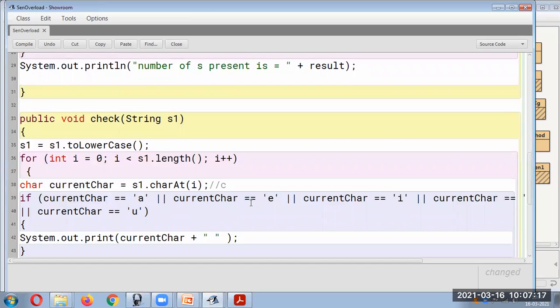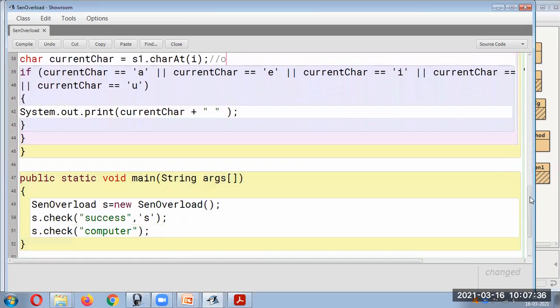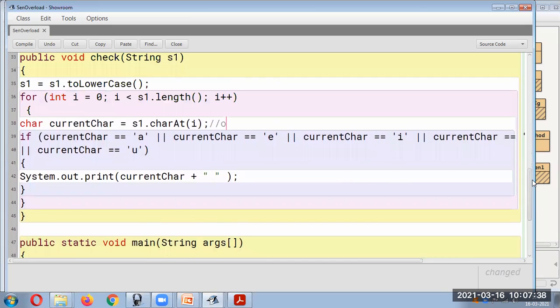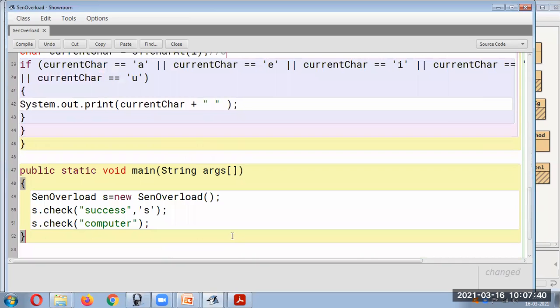We have simply written an or condition to check whether it is a, e, i, o, u. If C is not there, there is no change and that character will not get displayed. Then O will come. O will be checked. Yes, O is there, so that O will get printed. This way it will continue and all the vowels will get displayed. This is the logic for the second one.